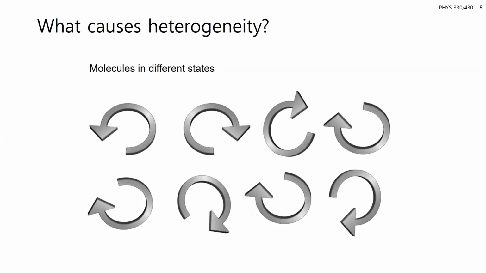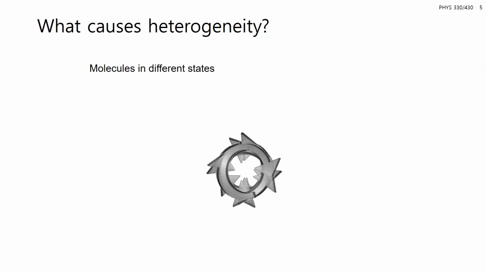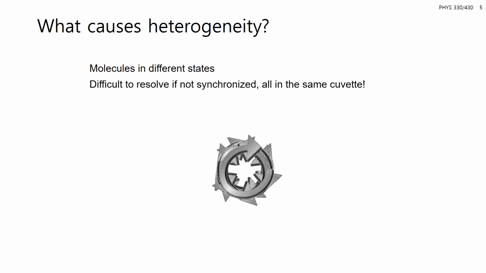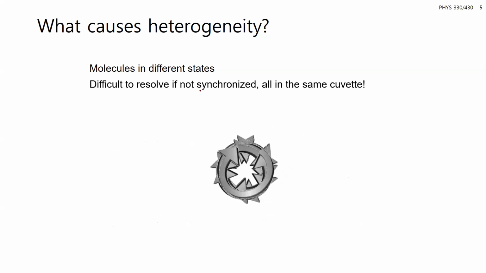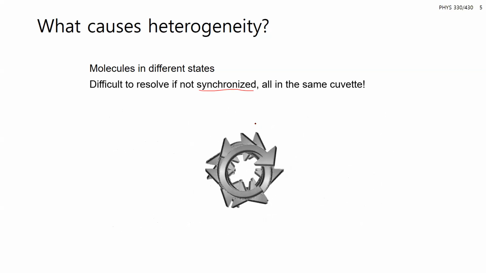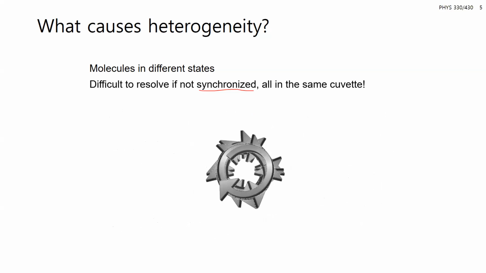We put them all in a cuvette to do our measurement, and what we end up with is very difficult to resolve. So if you want to do a measurement, typically you might have to send a pulse in and try to synchronize this, but it's a challenge to get all of these many molecules behaving in the